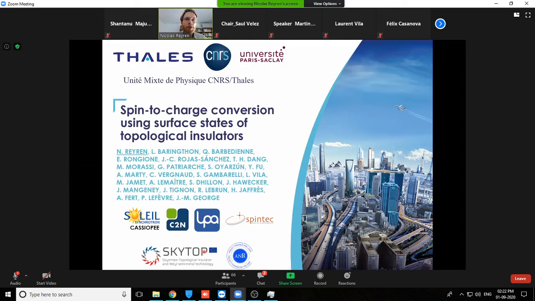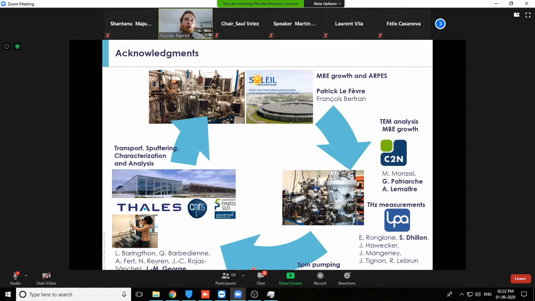So I should also thank the financial support from the SkyTop European project and the French ANR Top-Prize project. It's a collaboration between several labs. So we at CNRS Thales do transport, sputtering, characterization, and some analysis. And we also work with the Synchrotron Soleil, especially the Cassiope beamline for this project with Patrick Lefebvre. And also C2N for TEM analysis and MBE growth, some of the MBE growth by Aristide Lemaitre and Gilles Patriarche